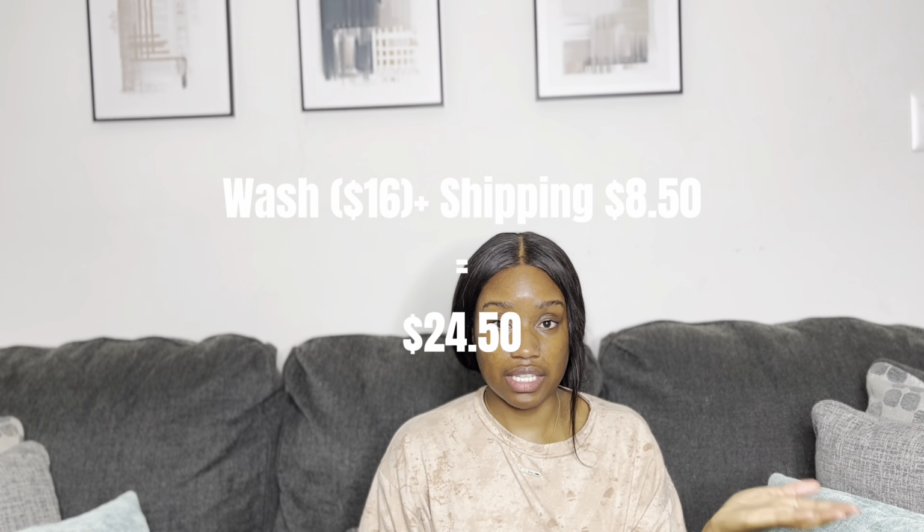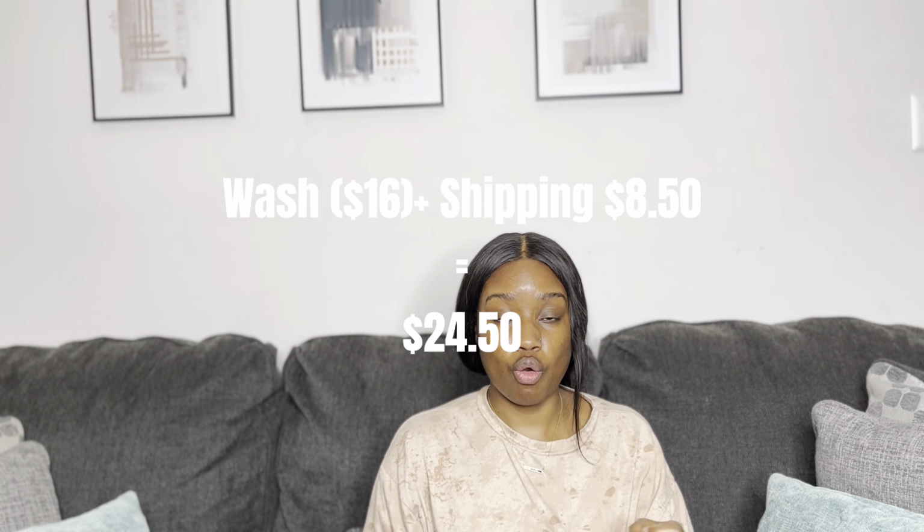Personally, I sell 1 bottle of turmeric facial wash for $16. This includes and covers my packaging, ingredients, and I feel like it's a reasonable amount for the time that I take out of my day to fulfill each product freshly made and get it to my customers safely, because one wash plus shipping, which is $8.50, is the total amount or an estimate that you can get based off of what I provided you with